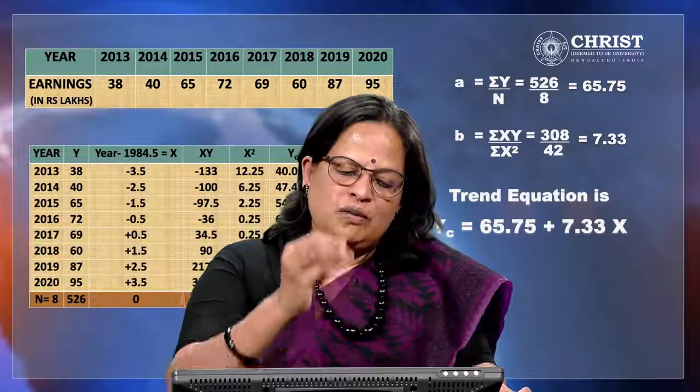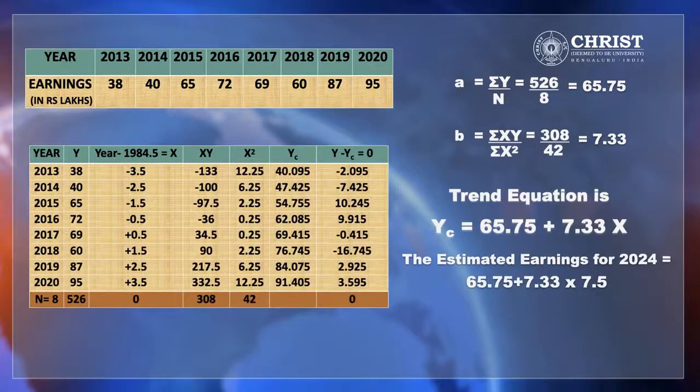That is what we have formed, 65.75 plus 7.33x. So 65.75 plus 7.33 into 7.5 will be the value of trend. That is 120.725 lakhs. It's earnings, so you have to write the units. So that is rupees